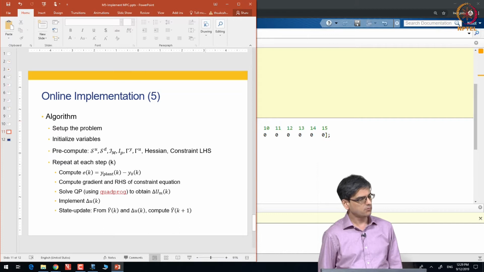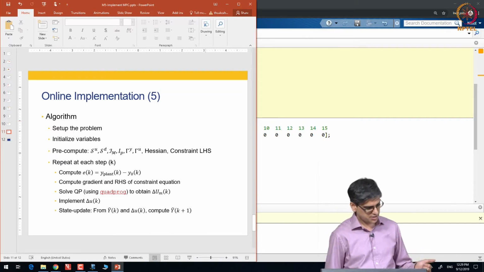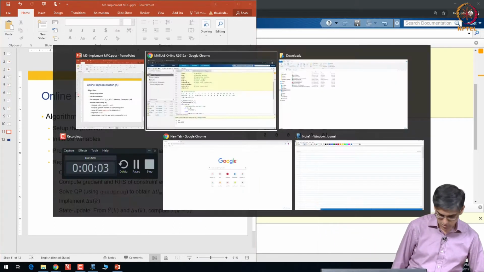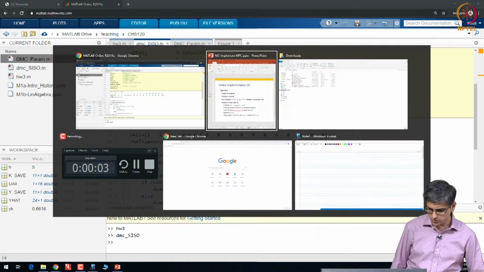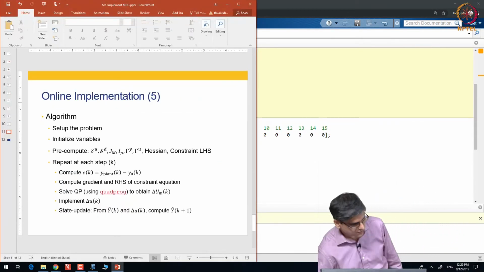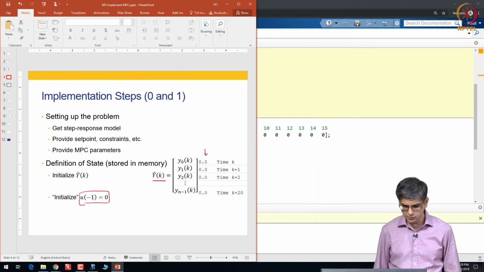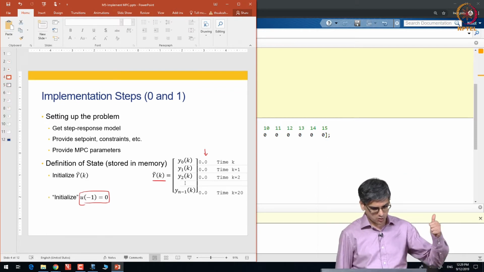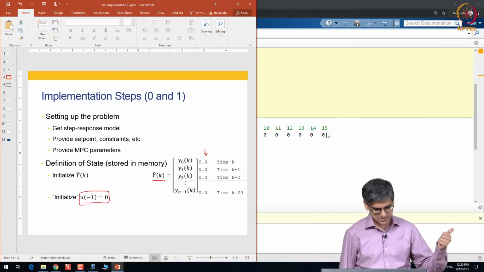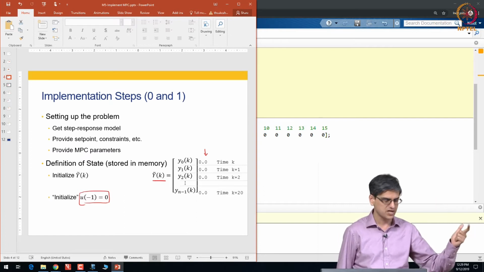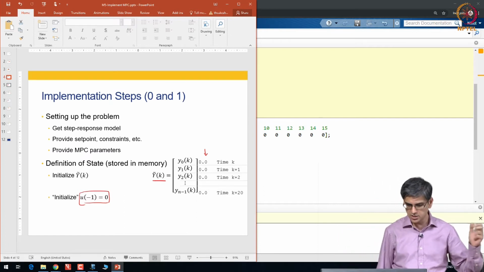Okay. So, set up the problem, done. Initialize variables. What initialization of variables is required? Let us go and look at that. Get the step response model, done. Provide set points, constraints, etc., done. Provide MPC parameters, done.